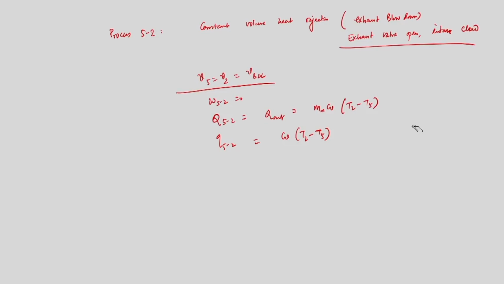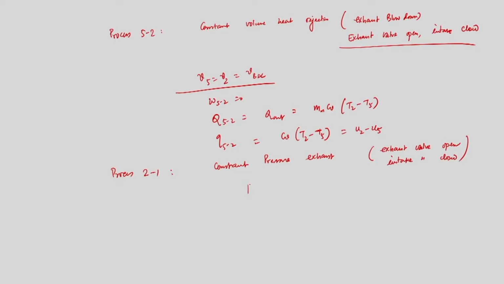So, that will be equal to U2 minus U5. Now process 2 to 1, that is non-constant pressure exhaust, constant pressure exhaust, right. So, exhaust valve open, intake valve close,